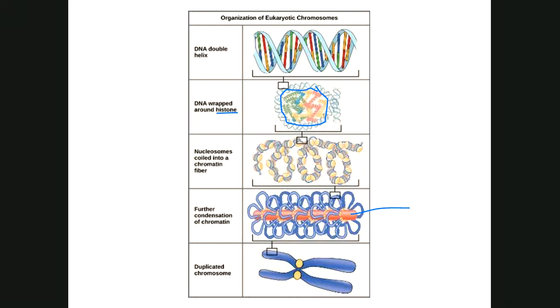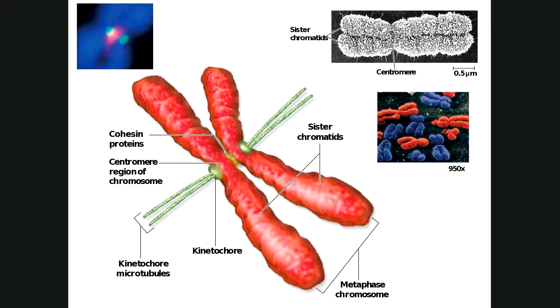So the picture you're looking at is a cross section. So that red scaffolding protein would run right down the middle, and all those little loops would come off of it. And since those loops are so close together, you've got a lot of DNA, it looks like this big condensed thing. All right? Everybody see that? And of course, this is only when the chromosomes are condensing. This is when they're condensing, when they're getting ready to undergo cell division. All right, so now you know how those big red things occur.